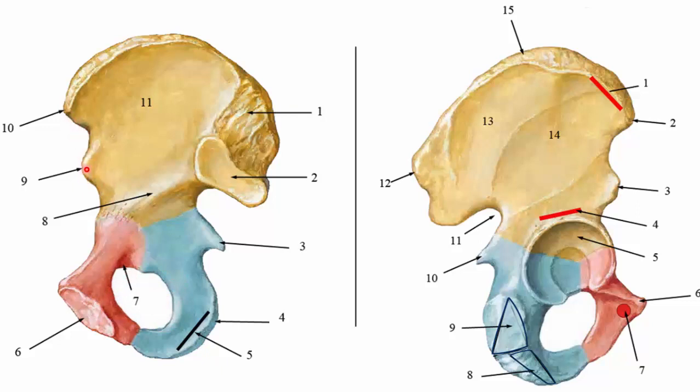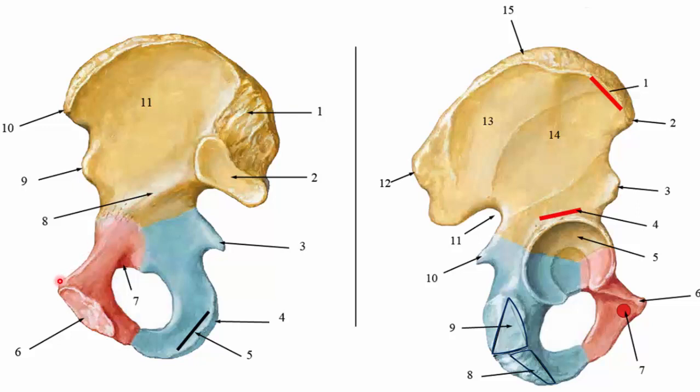These spines, number 9 and 10, are called iliac spines: the anterior superior iliac spine and the anterior inferior iliac spine. The muscle attached to the anterior superior is sartorius, and the ligament is the inguinal ligament. Attached to number 9 is rectus femoris, and the ligament is the iliofemoral ligament. This line that separates the false pelvis and the true pelvis is called the iliopubic line or iliopectineal line.